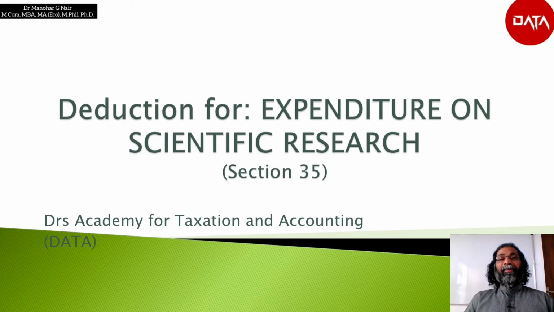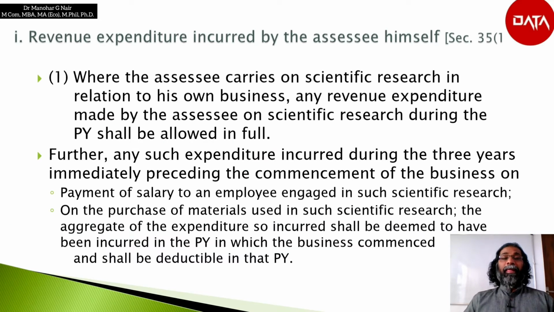Through this video, let us learn the deductions under section 35, that is for expenditure in connection with scientific research. The point 1 says revenue expenditure incurred by the assessee himself for scientific research. As per section 35, subsection 1, clause 1 says, where the assessee carries on scientific research in relation to his own business, any revenue expenditure made by the assessee on scientific research during the previous year shall be allowed in